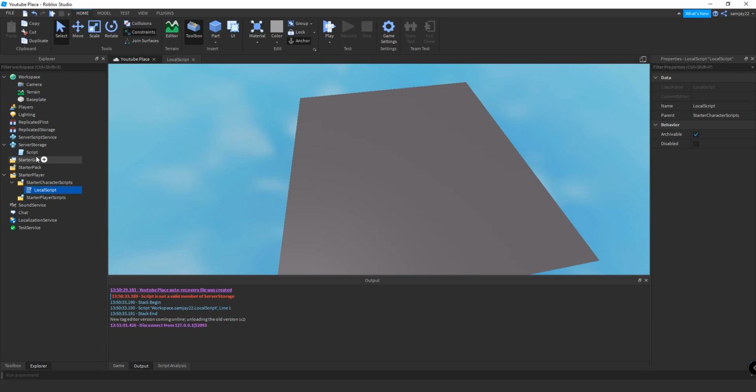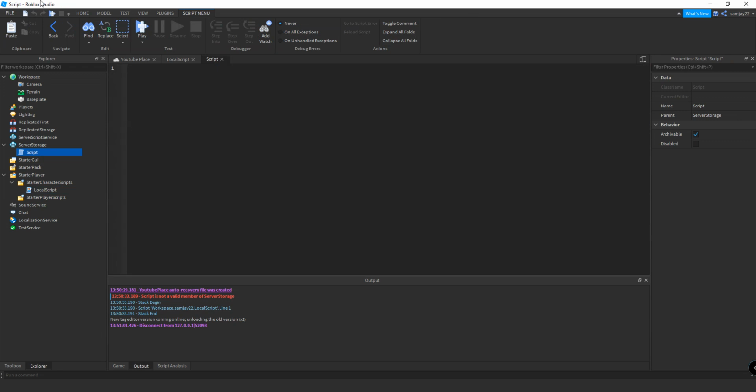Now we're going to go to a server script. Now server scripts are essentially the exact opposite of local scripts. They can access everything in the game except for what local scripts can get. So for instance, if I do